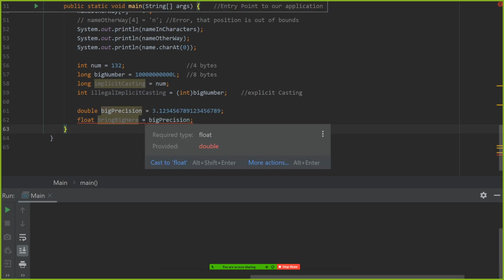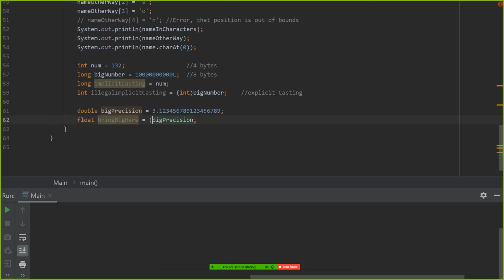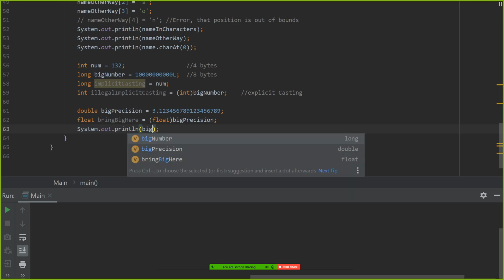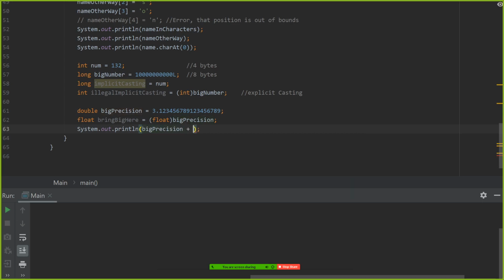It's not automatically doing it, even though if we just add the word float inside, it will automatically cast it for us. Why isn't it doing it for us automatically? Because it wants us to be notified. It wants us to confirm that we know what we're doing, that we know that we're going to lose part of this number. So if we print out to the screen again and we say, let's say big precision over here equals, actually that,